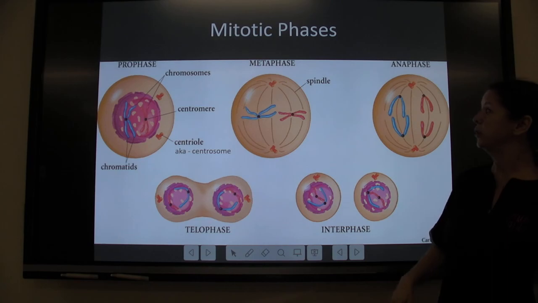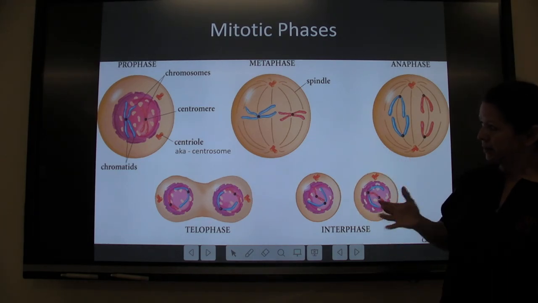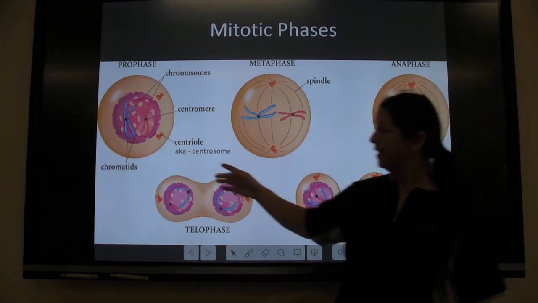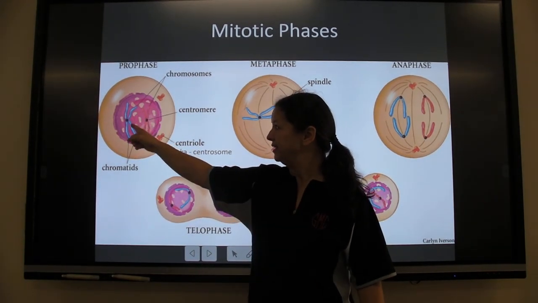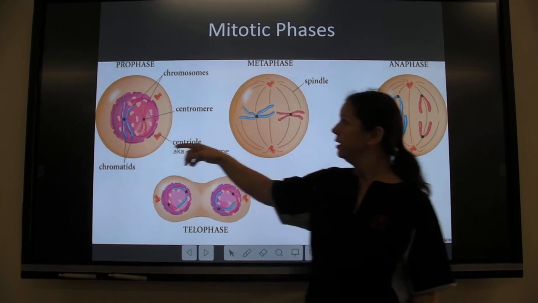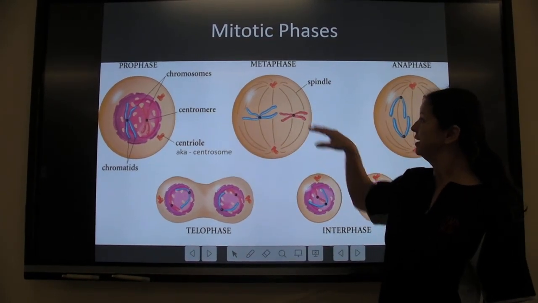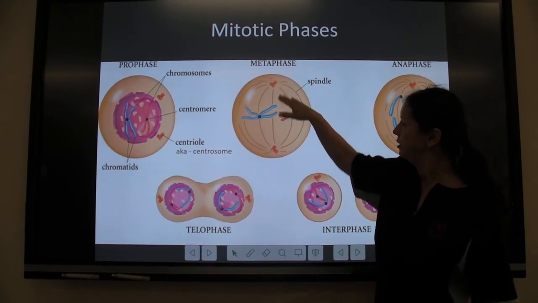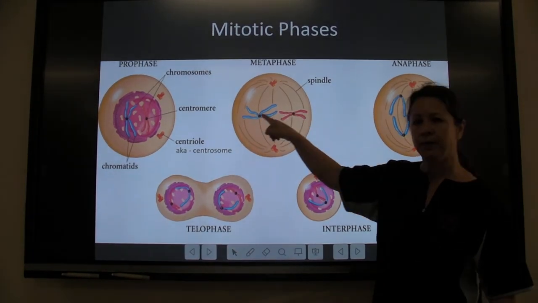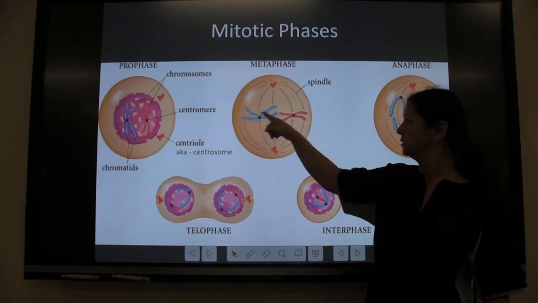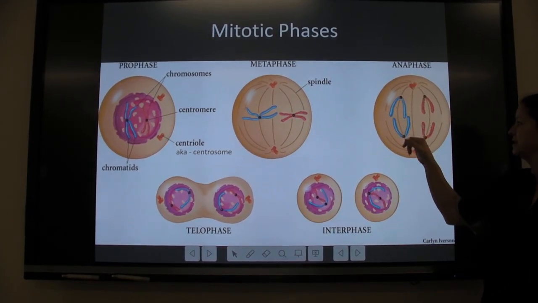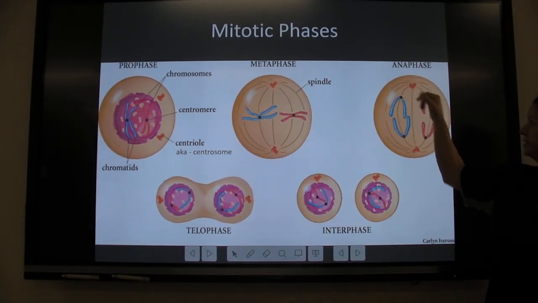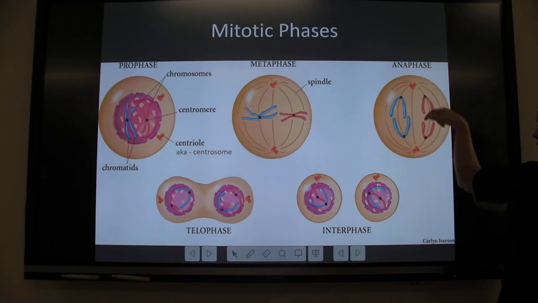All right? And so when you put it all together, this is kind of what it looks like. So in prophase, everything starts breaking down. You have your sister chromatids attached to each other. In metaphase, there's no nucleus. You have a full spindle here, and you have them lined up in the middle, sister chromatids lined in the middle. Anaphase, they have been separated and they're moving to opposite ends, so apart from each other.